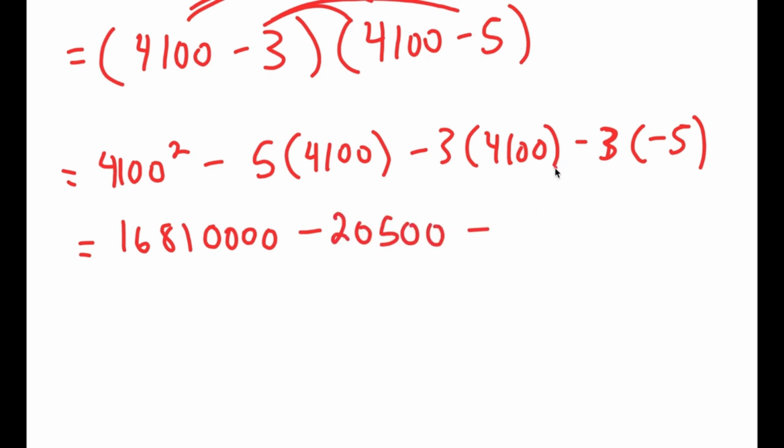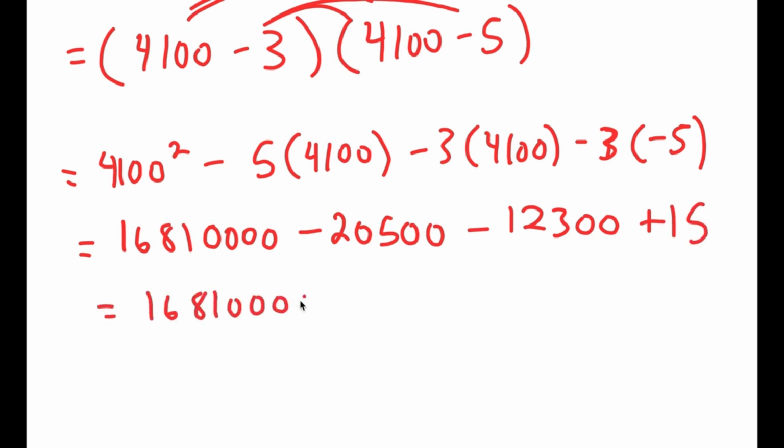Minus 3 times 4,100, which is 123, and I can add 2 zeros. Minus 3 times negative 5, which is positive 15. So now from here, I get 16,810,000 minus 20,500 minus 12,300, which is equal to negative